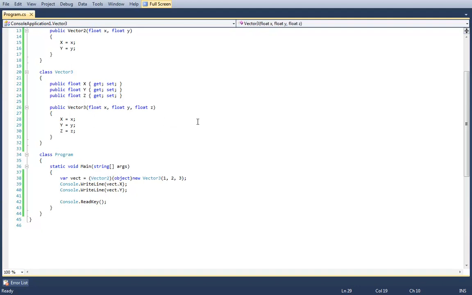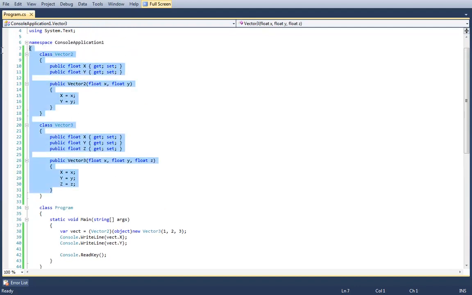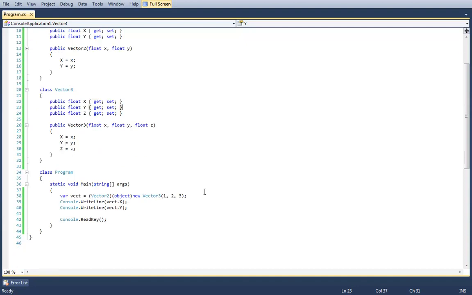Okay, so basically in converting the Vector3 into an object, you've lost any idea of what its X, Y, and Z are, because the object doesn't have those. And then by converting on, it doesn't know what to put there. Yeah, and there's no code written that's going to allow me to go from a Vector2 to a Vector3 either, because there aren't any conversion operators. It's not because of Z, it's because of an invalid cast.